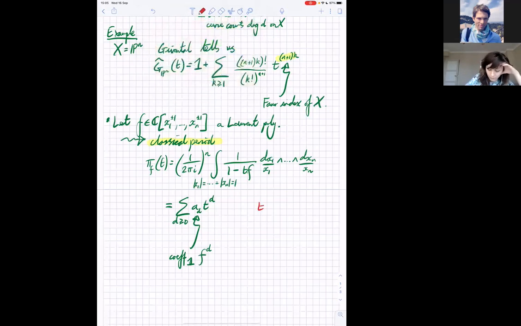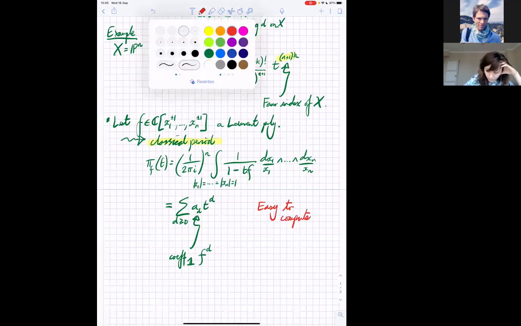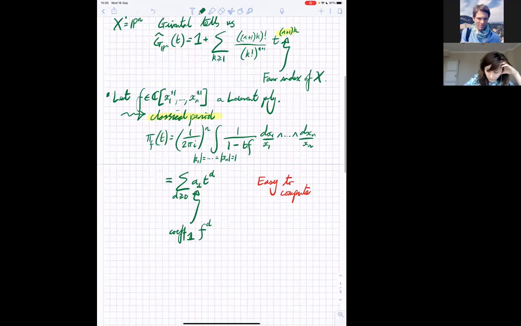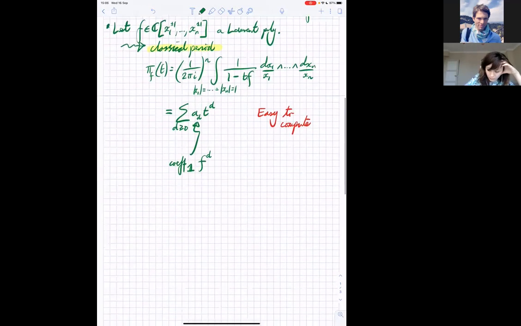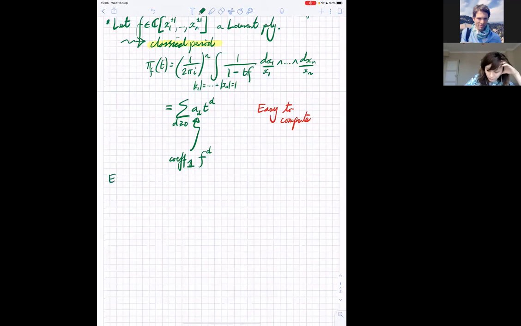Okay, and so the nice thing is this is easy to compute. If you haven't seen this before, you kind of know where this is going. On one hand, we've got something that's easy. On the other hand, we've got something that's hard, and we want to equate the two. But anyway, let me just continue with my example until I notice I'm really running out of time. So if I just take this Laurent polynomial, okay,